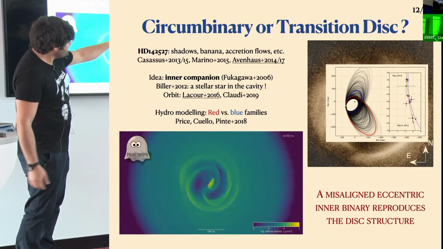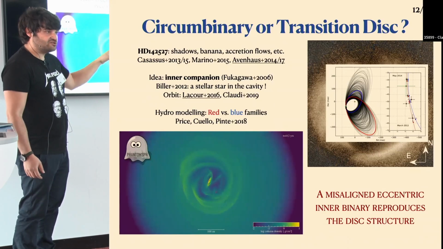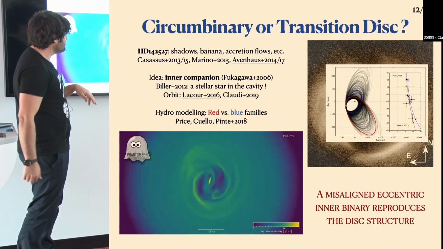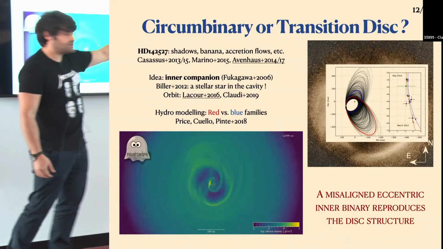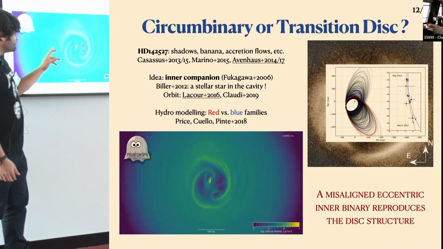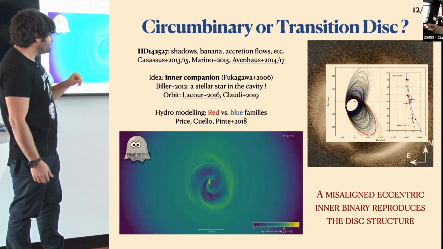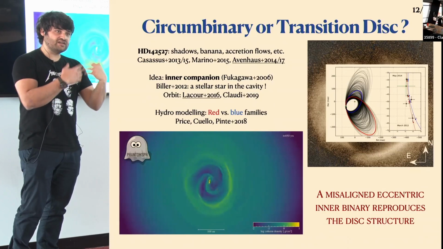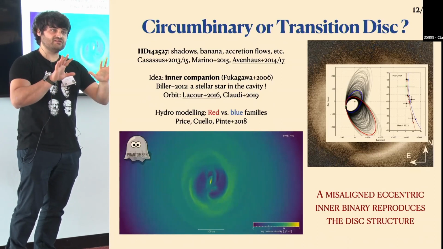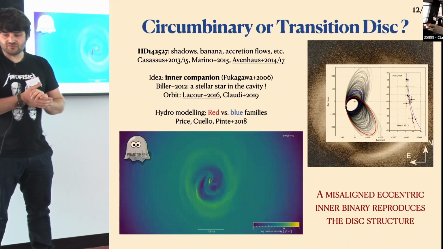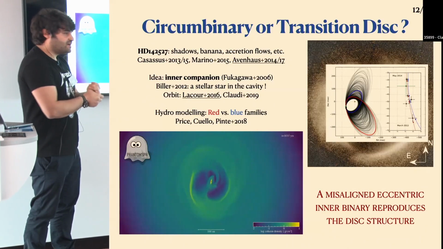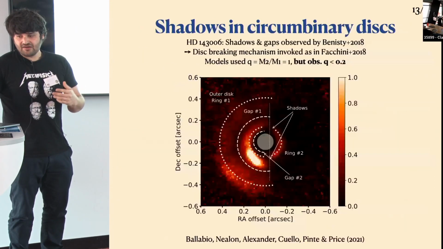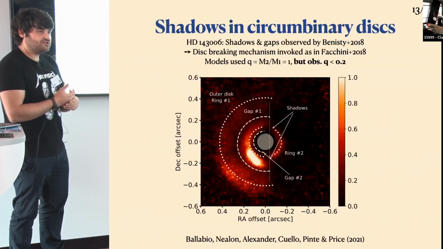But then you see that there are some spirals on the right. We have a misaligned circumstellar disk that formed from the material coming from the circumbinary disk. So this will naturally also cast a shadow. So this model was really good and robust. And as Daniel was saying before, this was then interfaced with mcfost in order to create synthetic observations and do a one-to-one comparison. And I think this work was perhaps one of the first ones that did that very robustly. And then some works followed after that one.